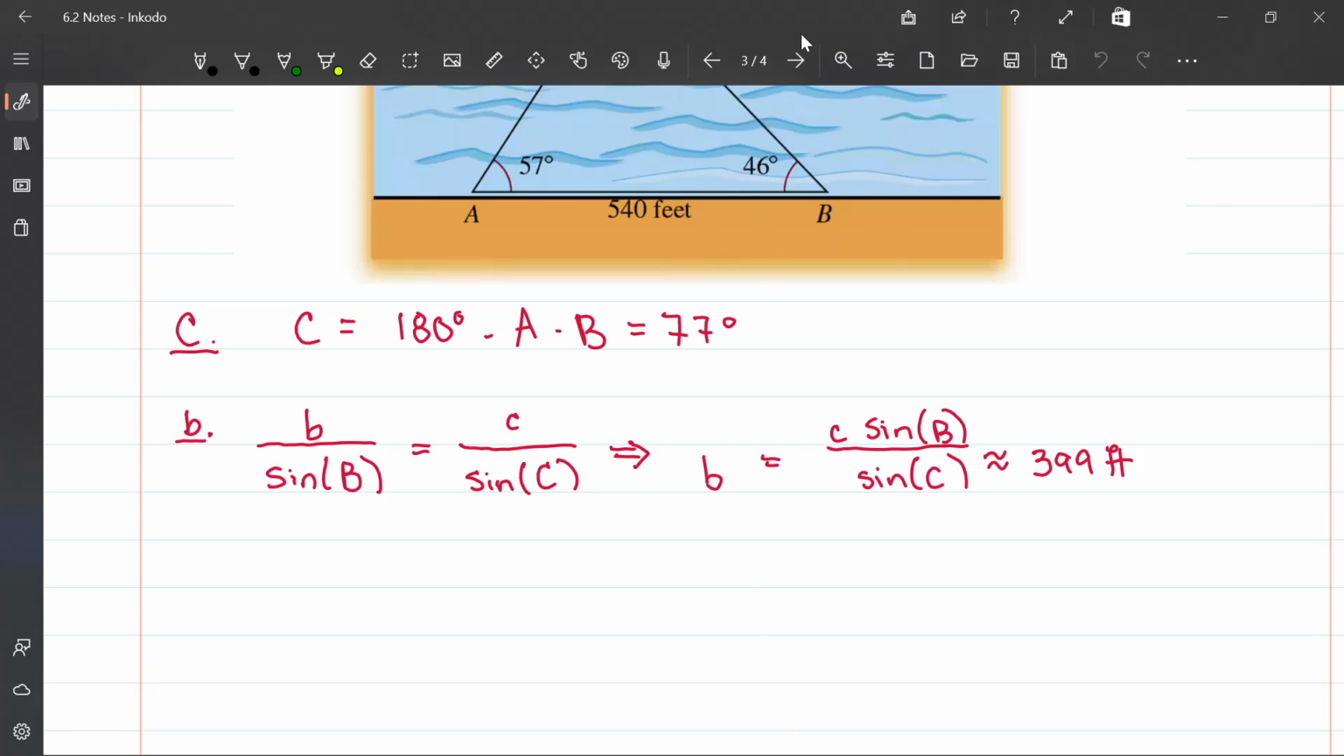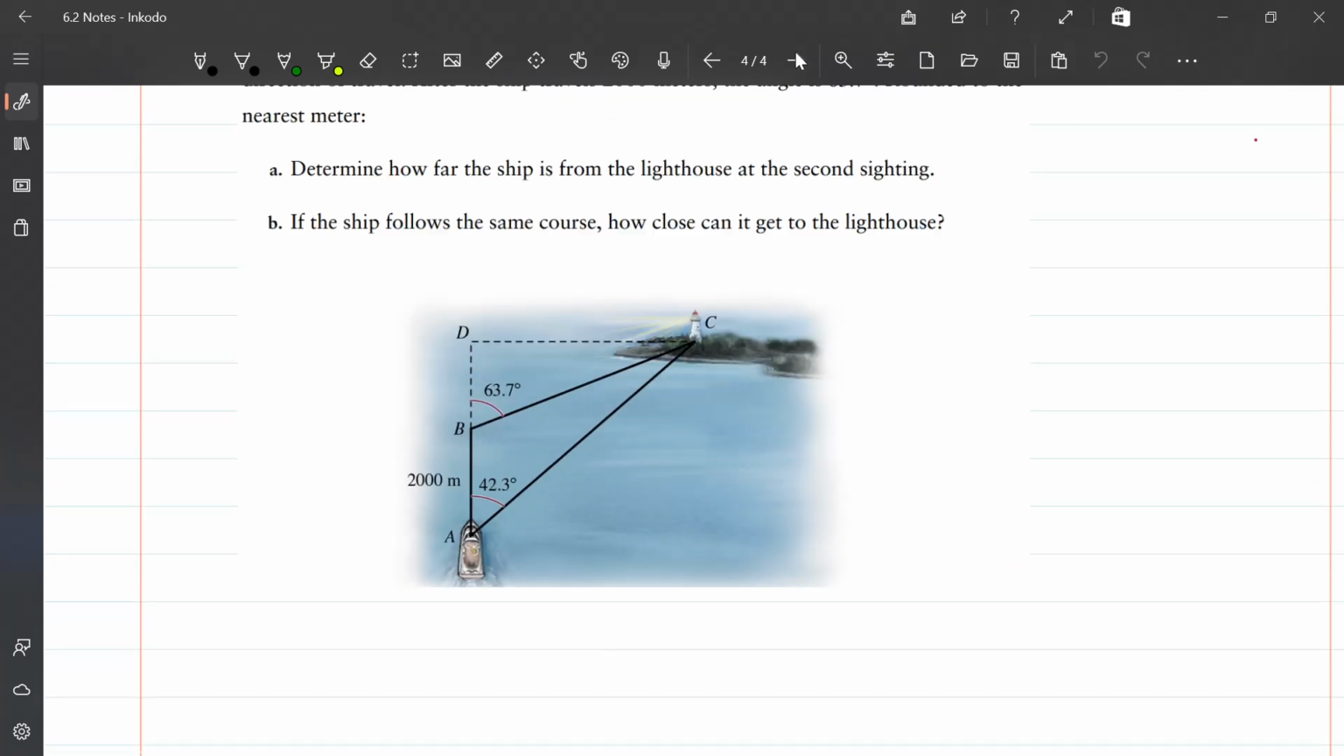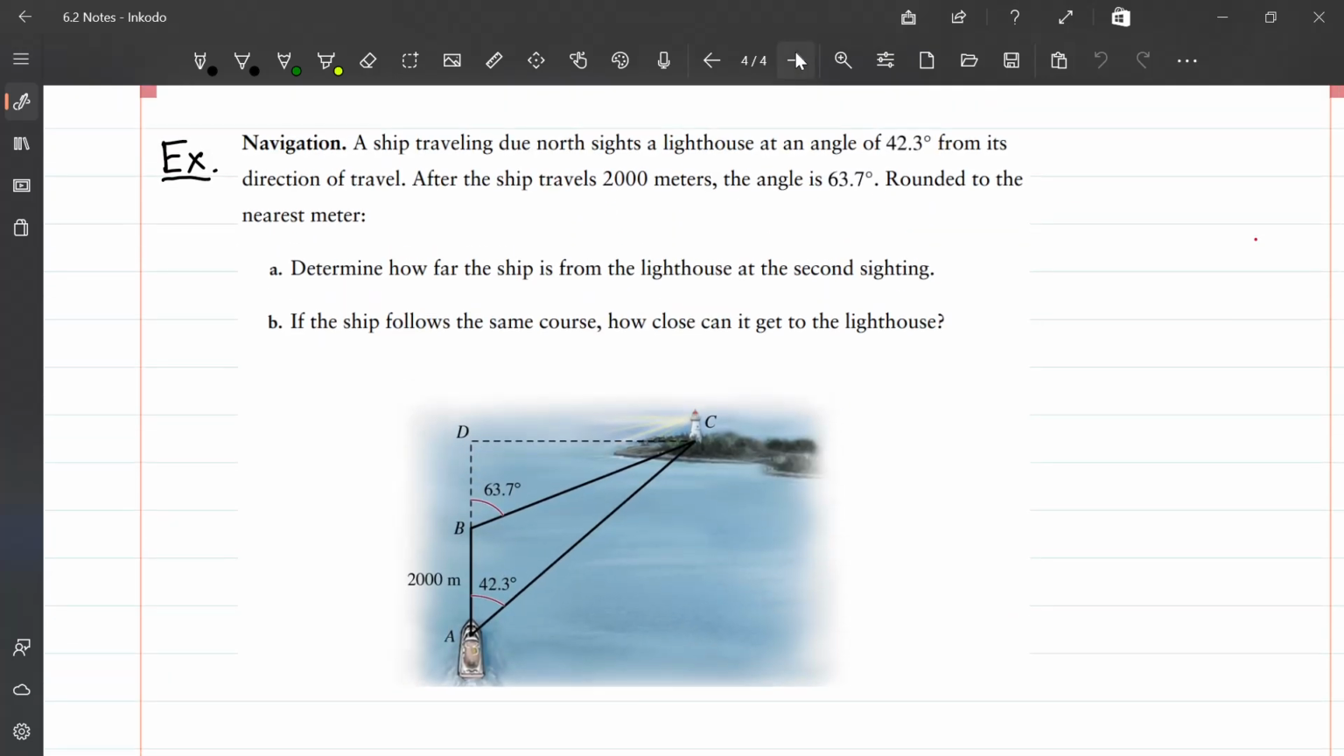Now, I know what you're thinking. You're thinking, sir, that was too easy. Let's have a more interesting one. Okay. We have an example that has to do with navigation. We have a ship, and it's traveling due north. It sights a lighthouse here at point A,